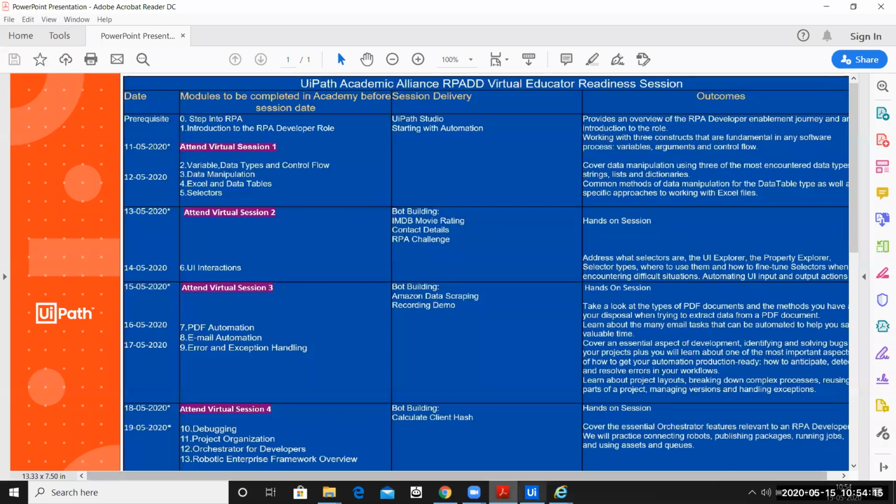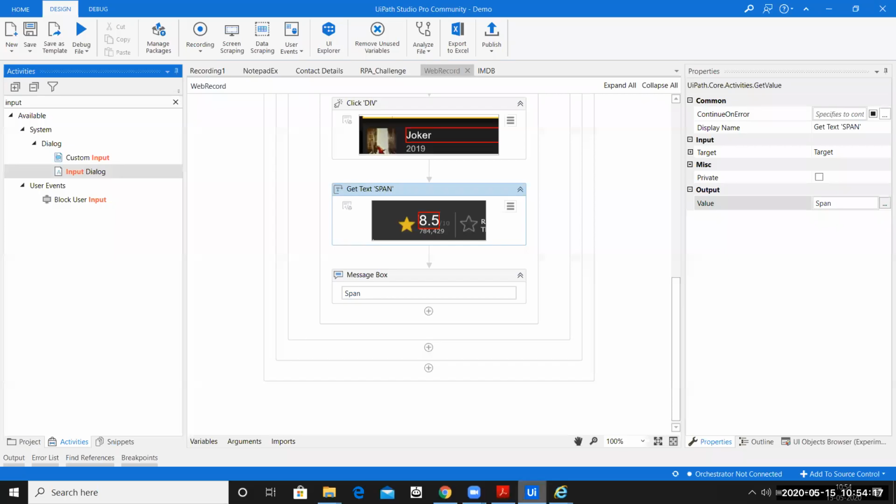So we have seen the recording. Ideally, we will not be able to show you the Citrix recording because we don't have the image installed in our machine, but everything remains the same. In the image recording, whatever we do, we type the same way, but instead of dragging and dropping, we will use the image recording over there.